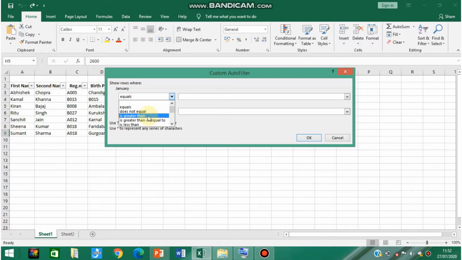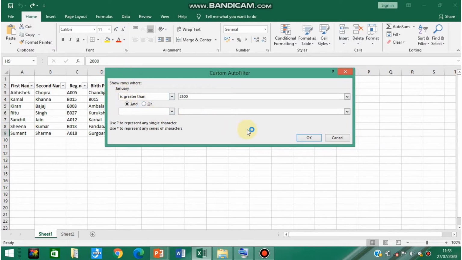I am selecting "is greater than". Against this, one more box is there, where you type whatever condition you want to specify. Here I am typing 2500. I want to see only those rows whose value is greater than 2500 in the January month.